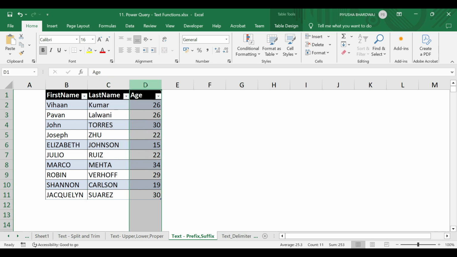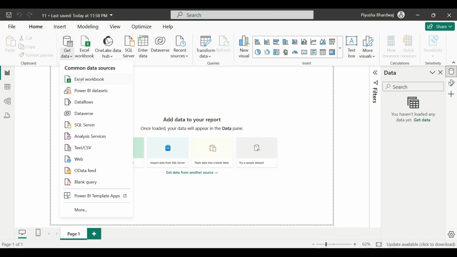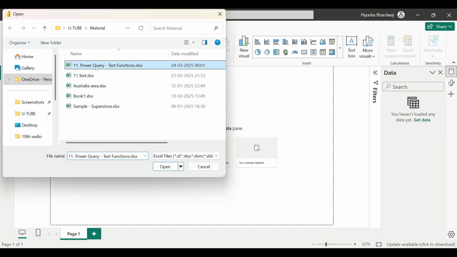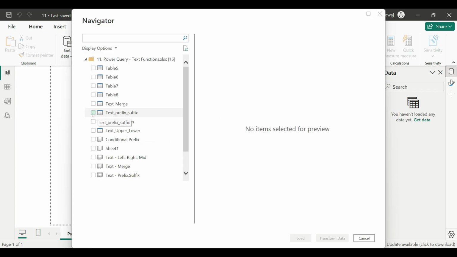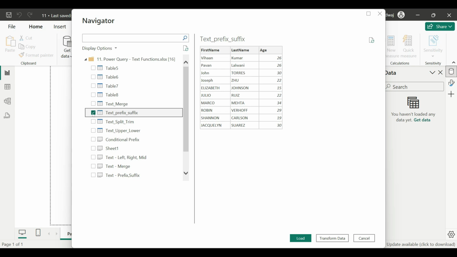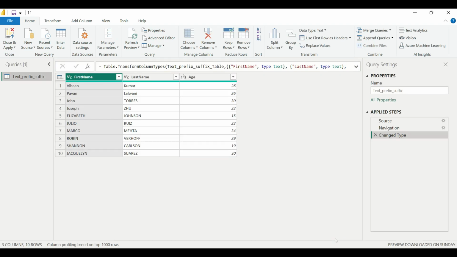So let's do that. The name of the table is text underscore prefix underscore suffix. Close the file, bring in Power BI, get data, Excel and text function. So from here, I will pick up the table that was text underscore prefix underscore suffix and click on transform data. So transforming will take you to Power Query. If you click on the load button, it will take you to Power View. So after I bring it here, you can see the age column is there. If I want to add a suffix like 26 years, 30 years and so on, now I can go to the transform tab